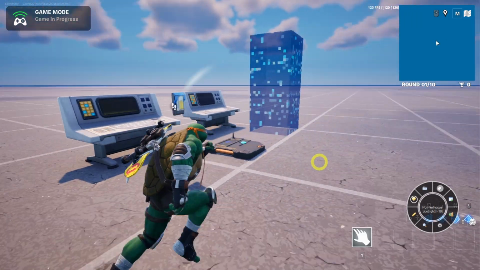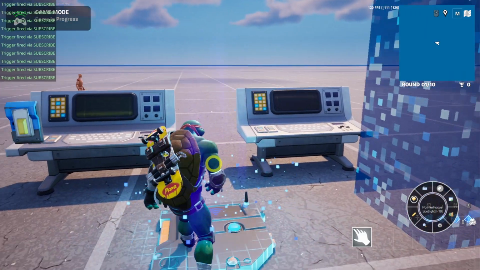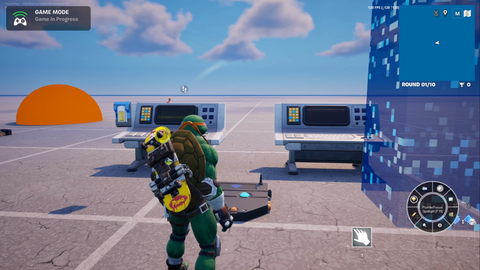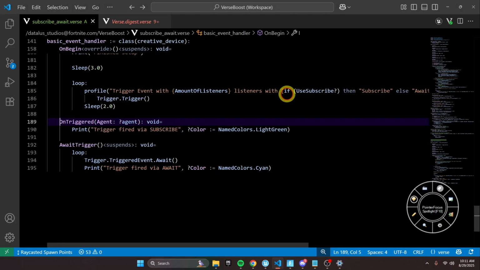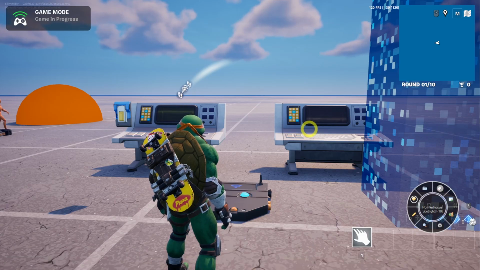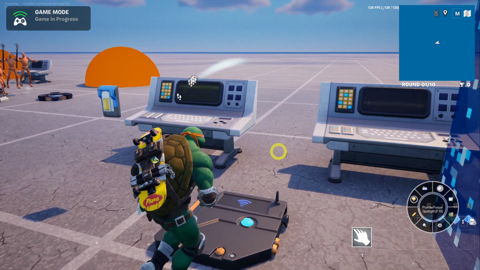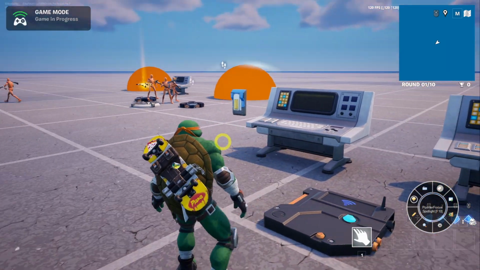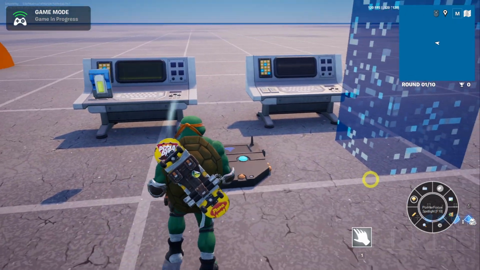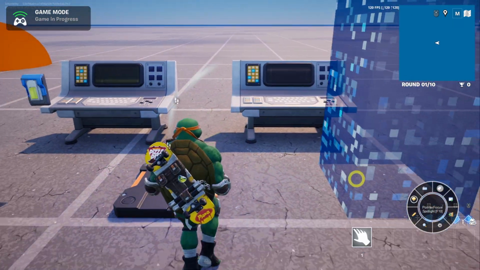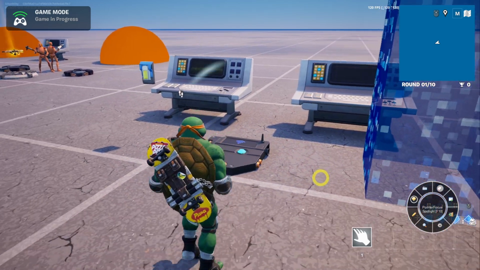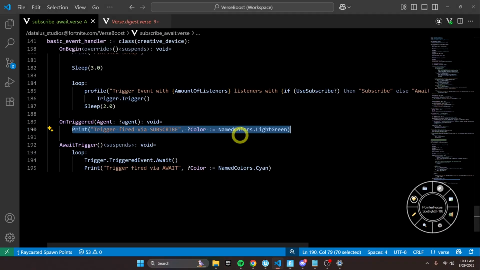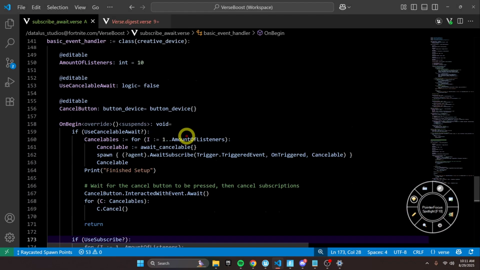So I'm going to walk over here. I'm going to step on my cancelable. It fires 10 times. It says subscribe. Just ignore that because it's calling on triggered, right? And that's why it's printing the subscribe. But then let's do it again. It happens multiple times, right? But then I hit the button. I didn't print any statement, but you'll notice now not canceling or not sending any more events. We cancel them. So if you want to use await, that is how I would recommend doing it.